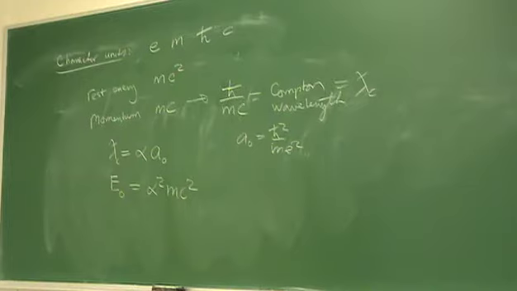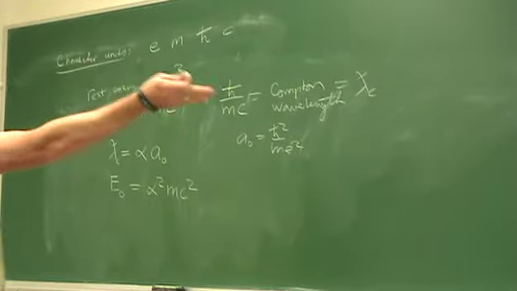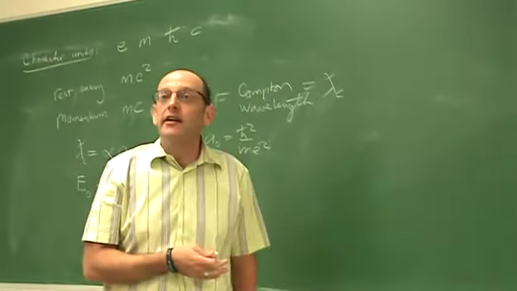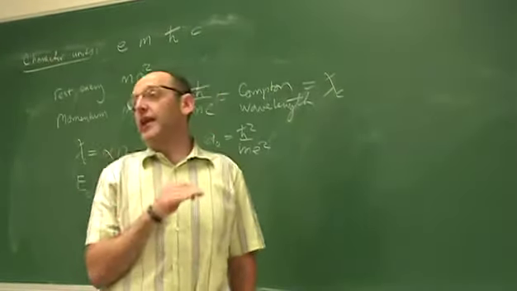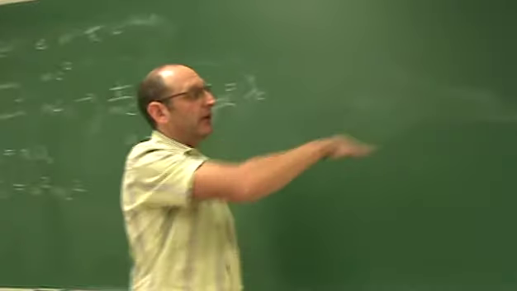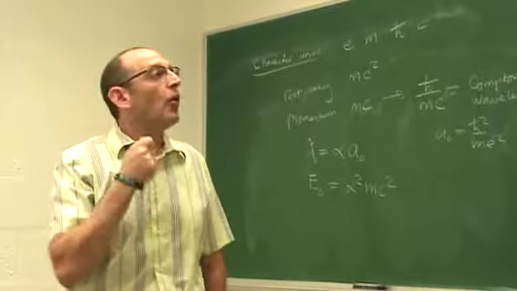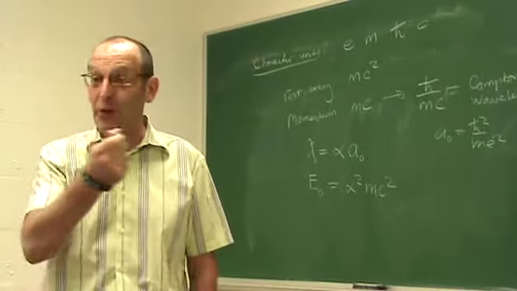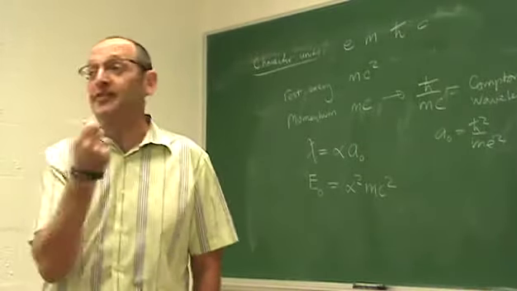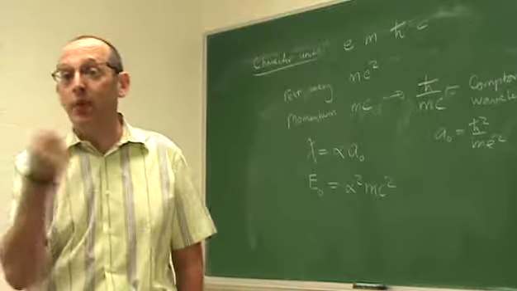And if we want to do that, we need to think, well, what else are we missing if we're going to keep things to order alpha squared beyond the Hartree energy, which is what we argue the coupling of the orbit to the spin is, the so-called spin-orbit coupling. We need to think what else is of that order